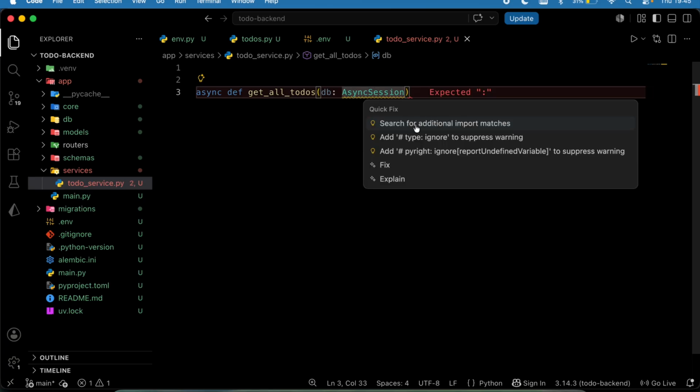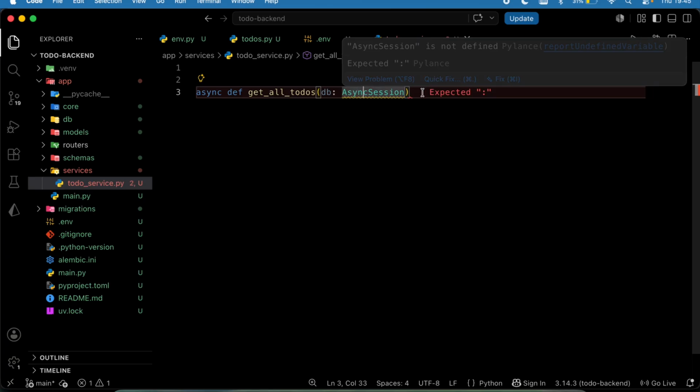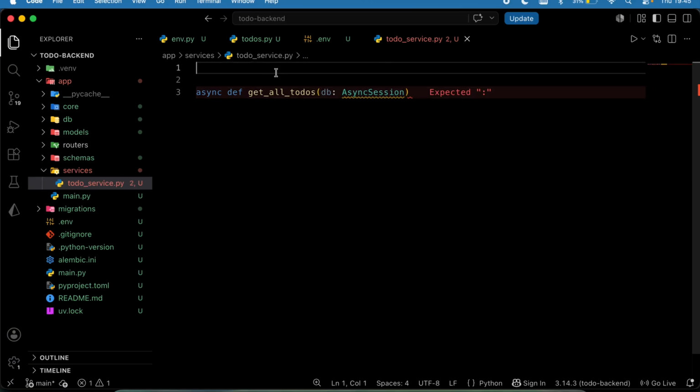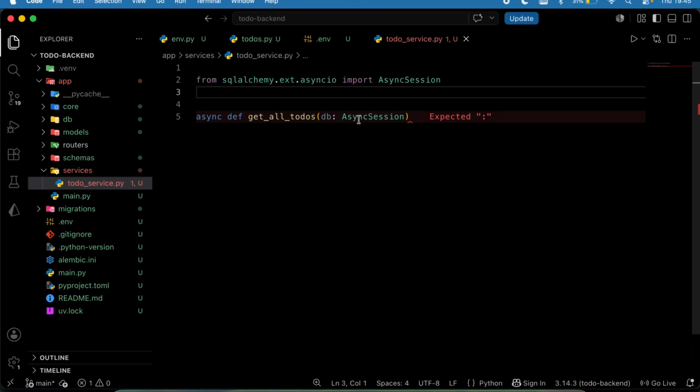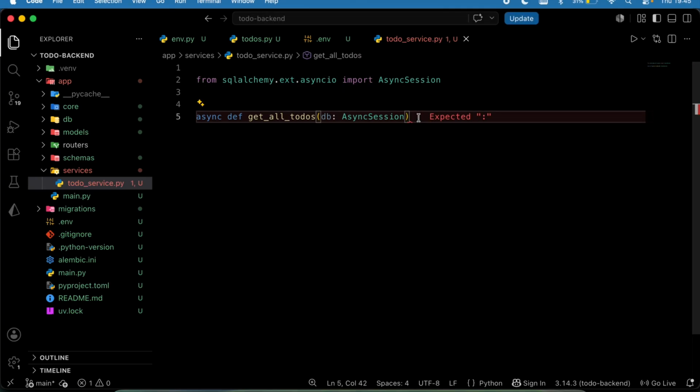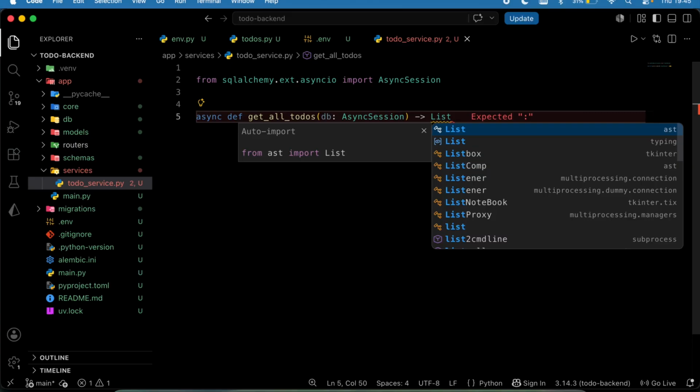So I'm going to import this right here, and that should be imported from SQLAlchemy.ext.asyncio, stuff like that. And this method is expected to return, which is dash arrow, a list. A list should be from your typing when you want to import it. It's expected to return a list of